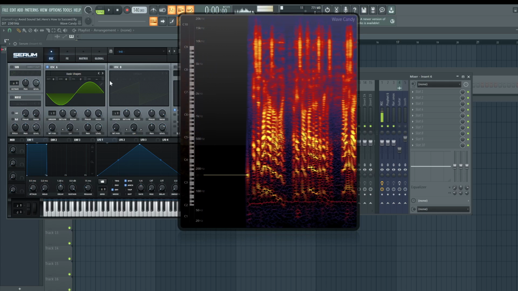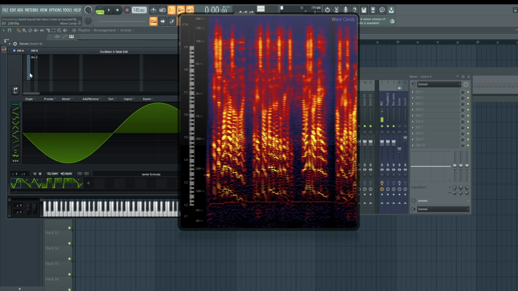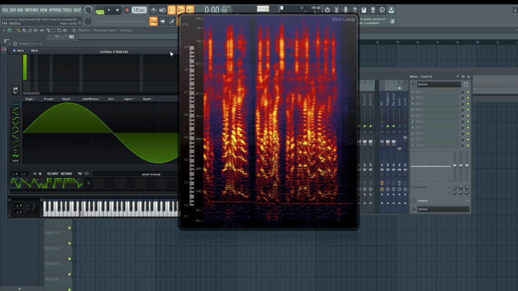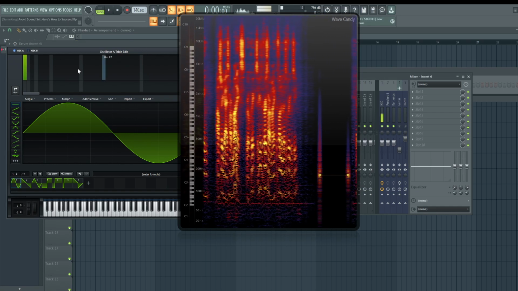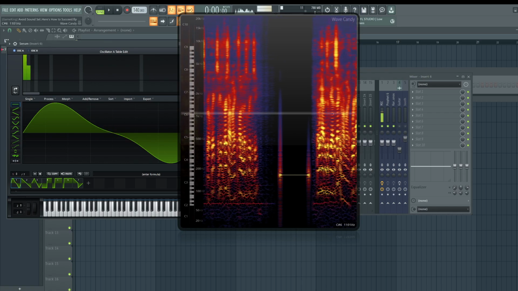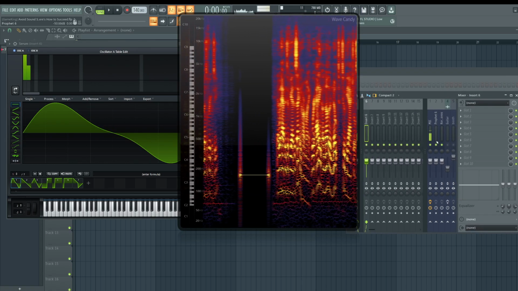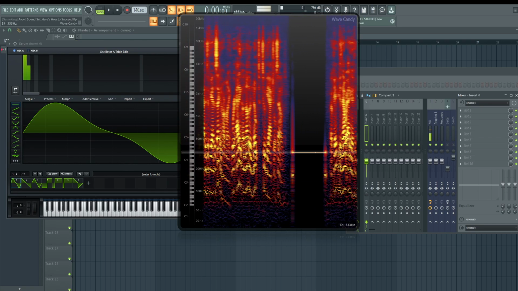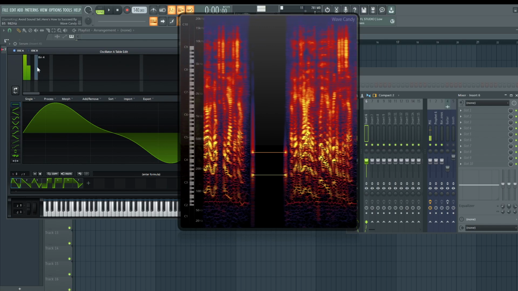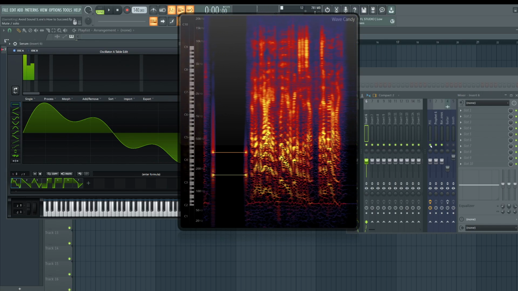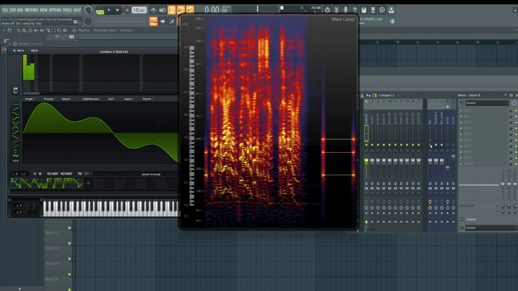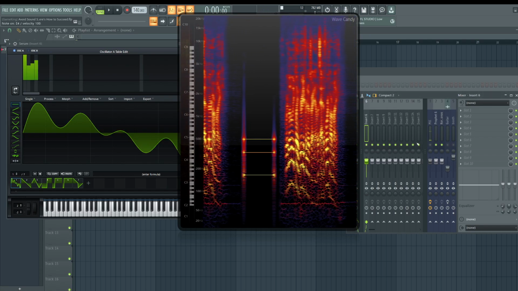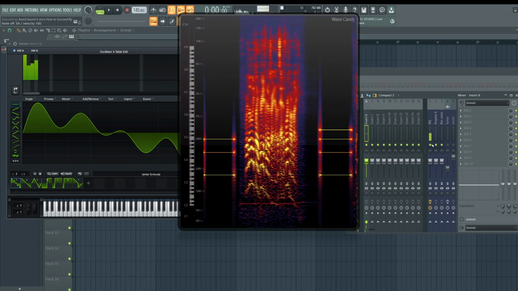Now, once we start adding, I'll show you guys harmonics real quick. So here's the first harmonic, the fundamental frequency. Now what happens if we add the second harmonic? We're adding another note to the actual sound, because now we're adding a completely different frequency to the sound. Let's add the third harmonic. We're literally playing three different notes right now. Let's add the fourth harmonic. And then we get the octave.